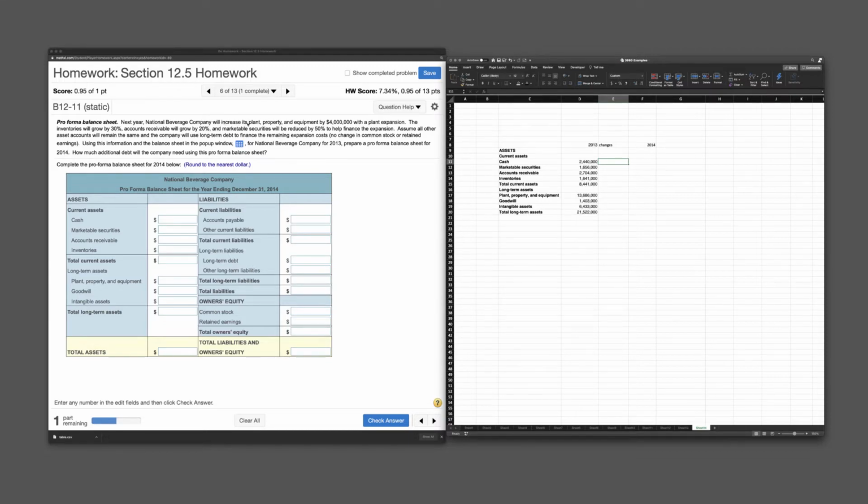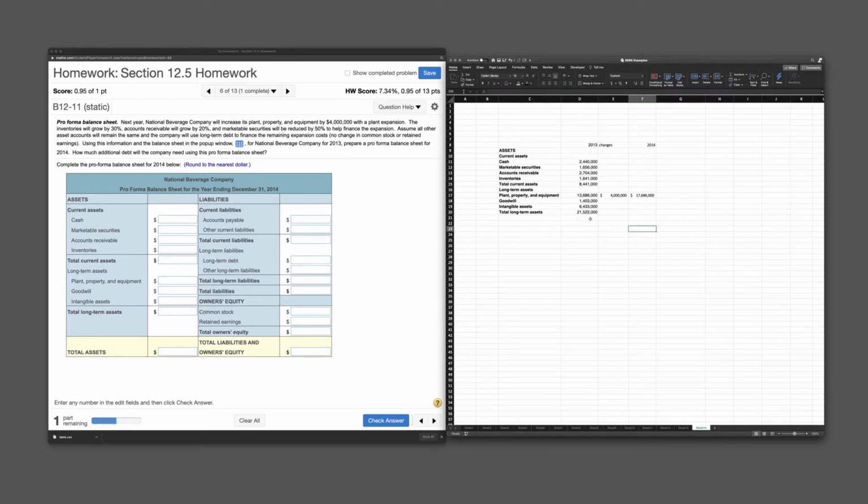So let's take a look at our assumptions or expectations. What they want to do is increase the plant, property, and equipment by $4 million. So we're going to go and add that. We're just going to make a note here. This is just a reminder for us that we're adding $4 million to our plant, property, and equipment. Okay, so we already know in our projected balance sheet that that's going to be our new figure